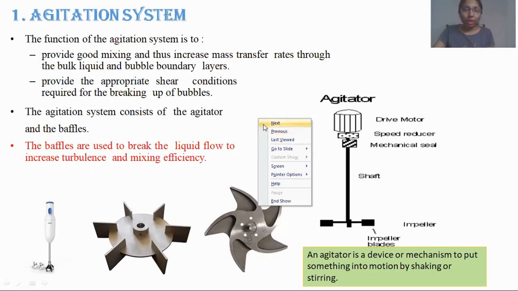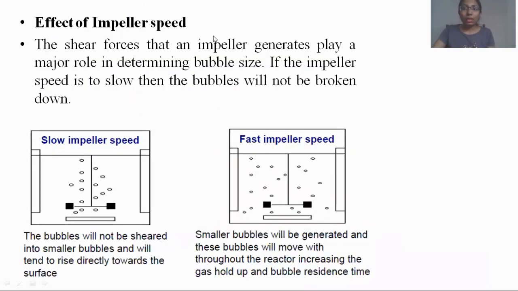Now, let's talk regarding the impeller speed. I have taught you regarding the tachometer, the one that controls the speed. If there is slow impeller speed, then the bubbles will not be sheared into small bubbles. There is a sparger associated with it, and we are coming to that. That means the oxygen system. Let me show you the oxygen system.